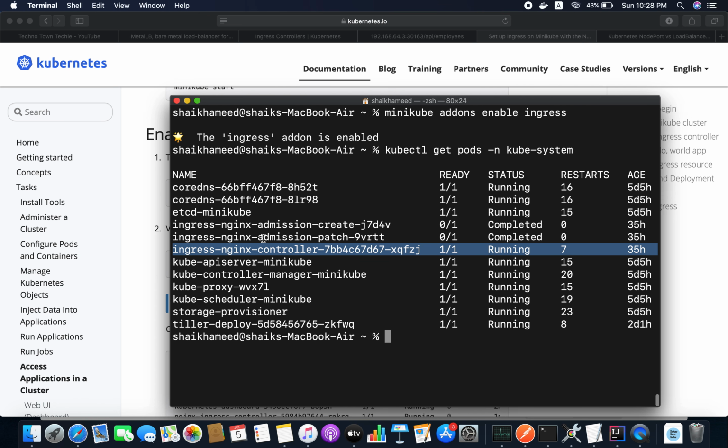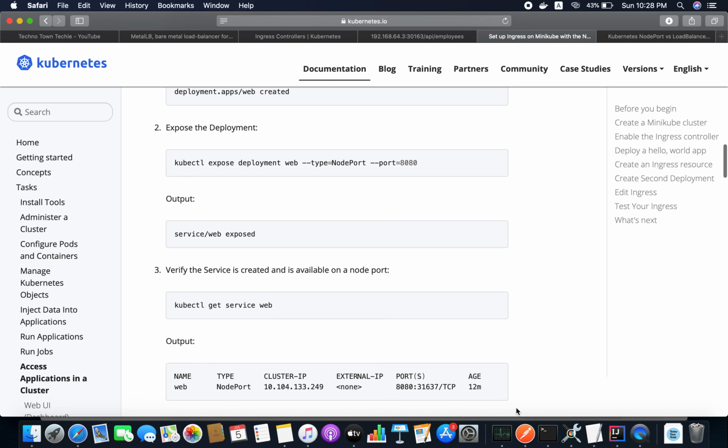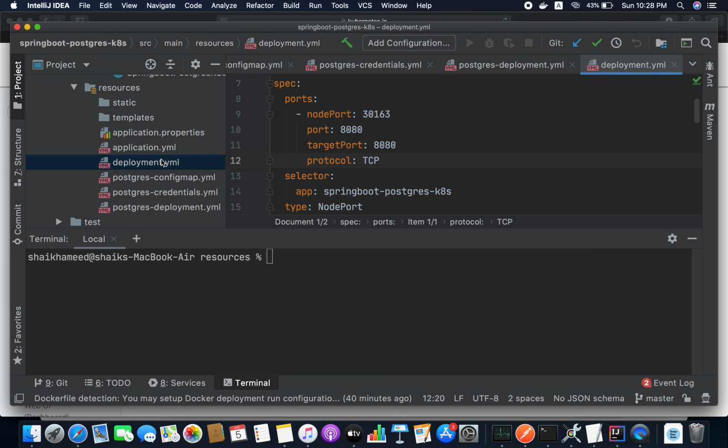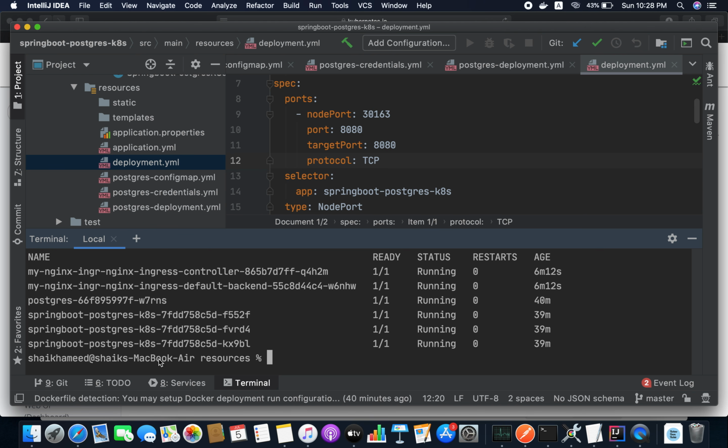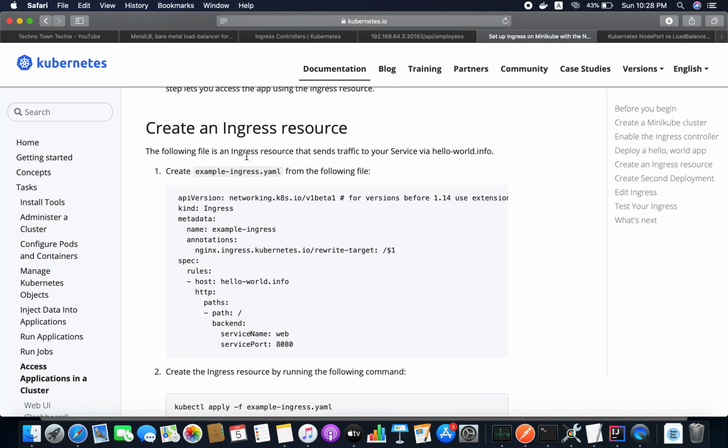You can ignore the above two lines, which are related to another NGINX controller. Now I'm going to integrate my Spring Boot with Postgres application with this NGINX ingress controller, which is running in my Kubernetes cluster, as we discussed in the last session. kubectl get pods. Now I'm going to create one ingress, so we have to define an ingress resource.